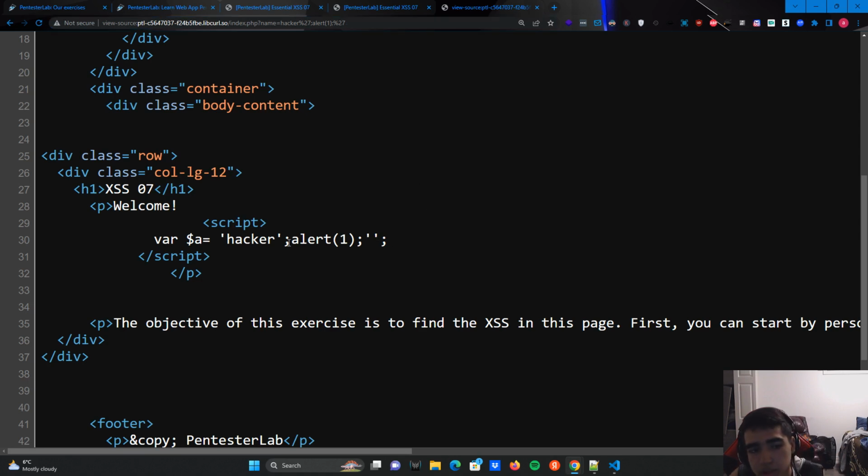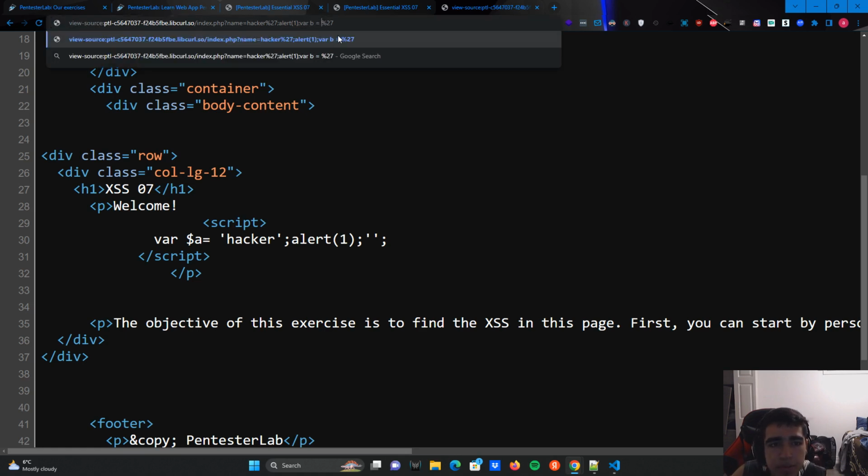So it's just going to work, because this code has a meaning. You know, it's going to work. You are not going to get an error. Even, you can do what you can do. You can say, okay, after alert 1 semicolon, then do variable b, for example, equal with